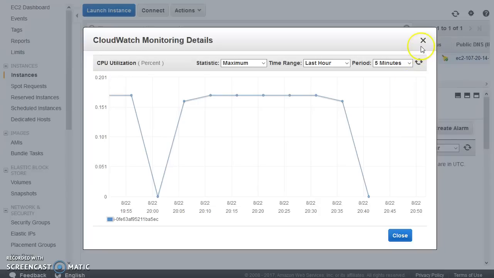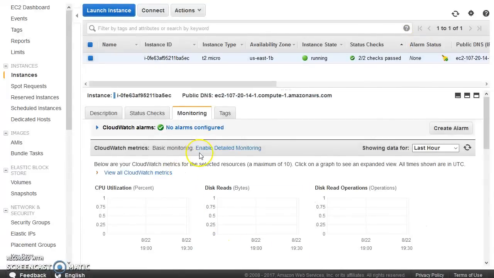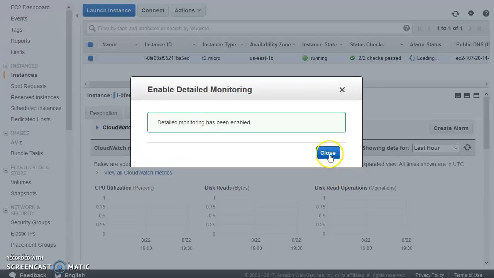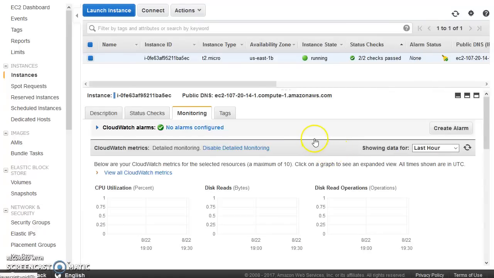So let me show you. I'll close this. What I'll do is I'll just say enable detailed monitoring. You can see the message that when you enable this, it is going to cost you. We'll say yes, go ahead and enable this. Now that we have enabled detailed monitoring, as you can see, we would be able to see the metrics per